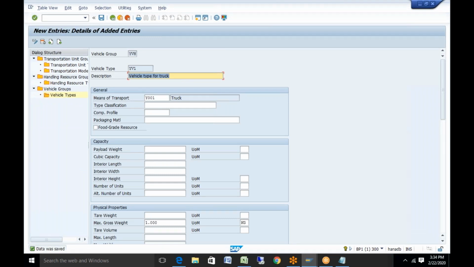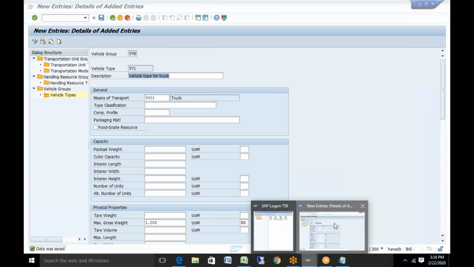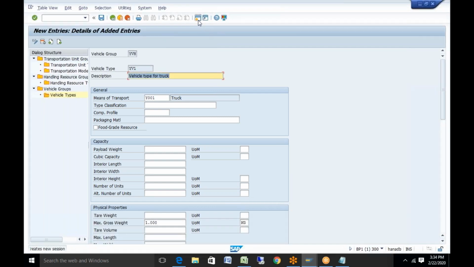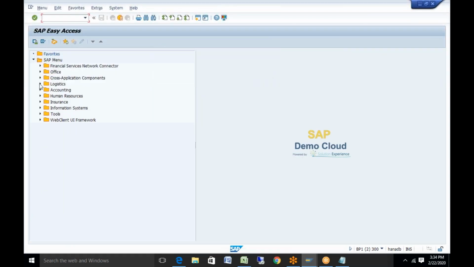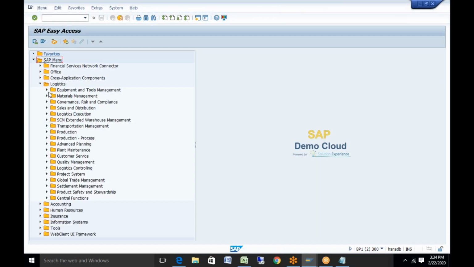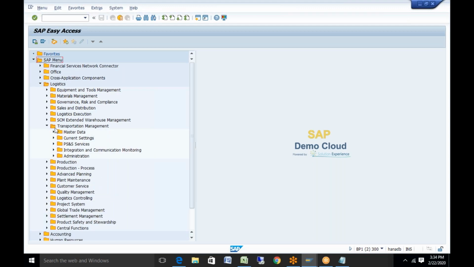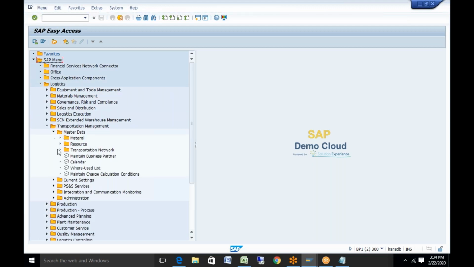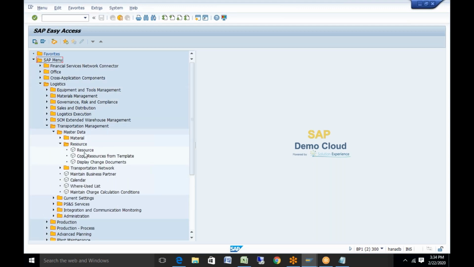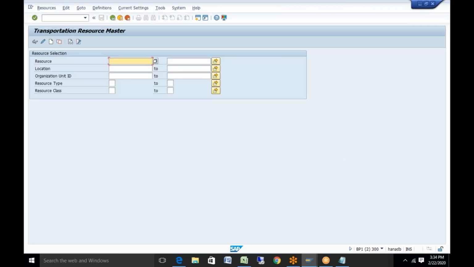Okay. And now I'll go for the creation of your resource master. The main thing for all this is to create your resource. So if I go to logistics, transport, master data, resource. Any question before I go into this resource master?